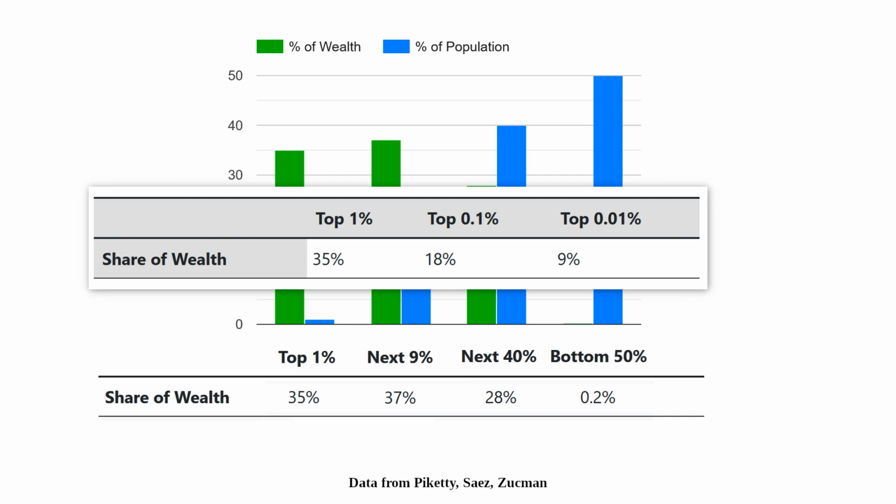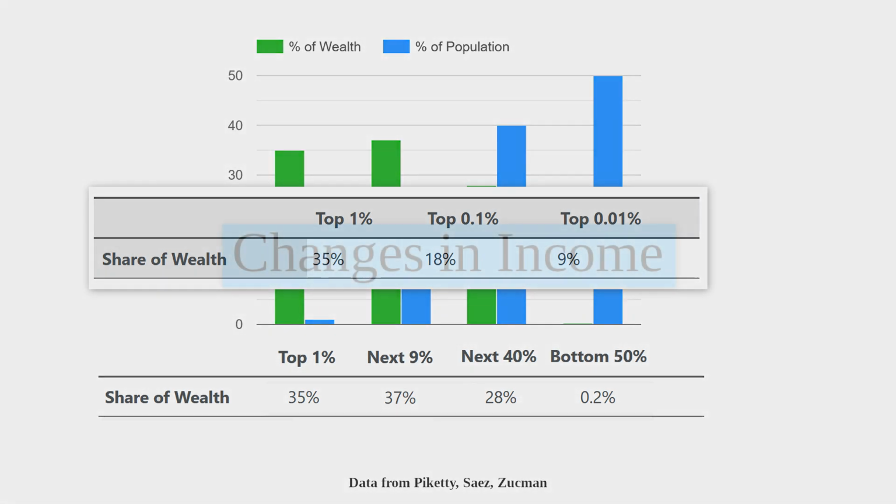Inequality is a normal characteristic of modern human societies. Basically, all countries today have significant inequality. What is striking, however, is the extreme scale of this inequality in the United States, and also, as we will look at next, how this inequality has changed in recent decades.